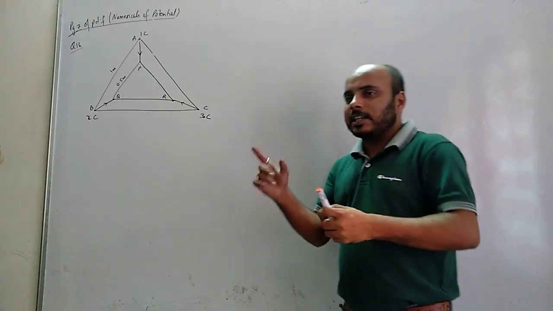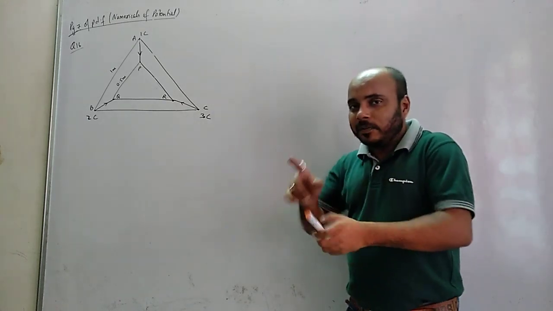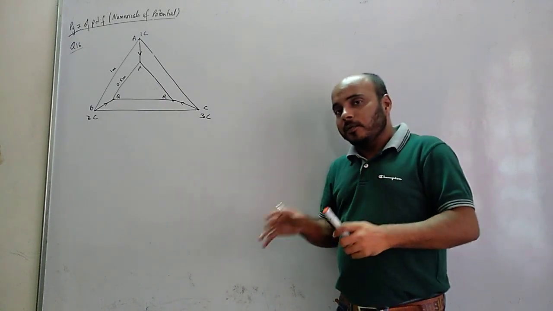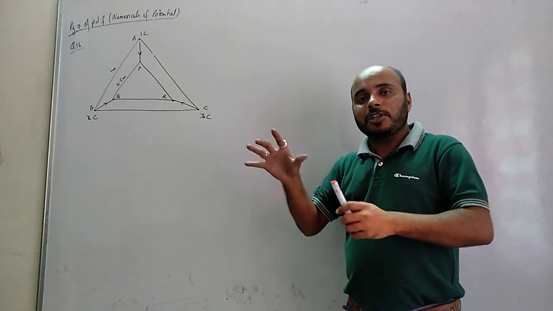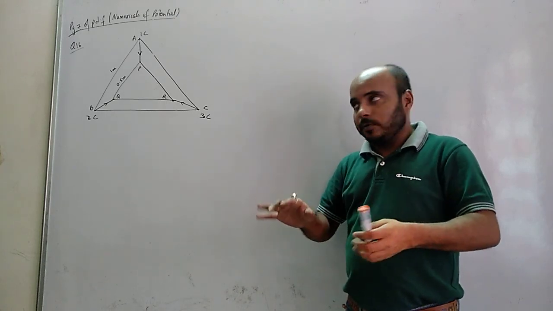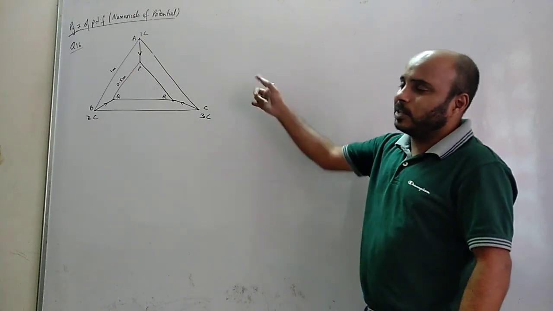So we'll go for the class level. The work done is nothing but the energy. So work done we need to find, but we will calculate the energies. We will calculate the potential energy of the system, and we will see which potential energy is more, which is less. I can identify from here only whether the final potential energy is more or the initial potential energy is more.